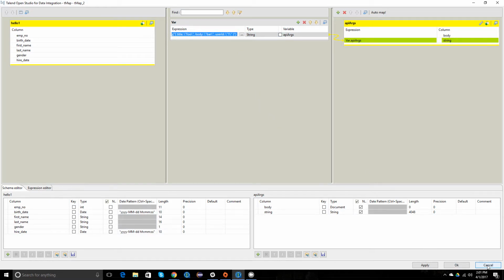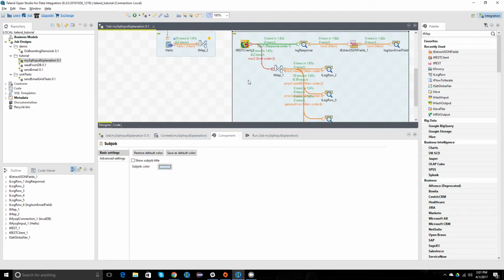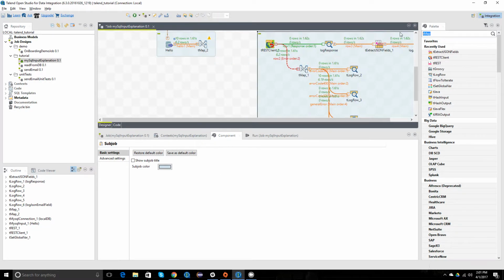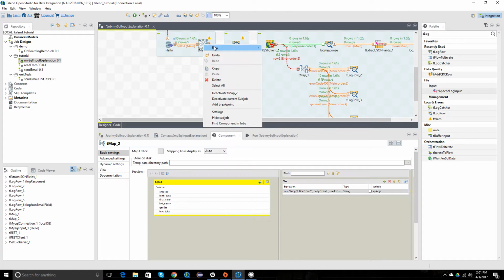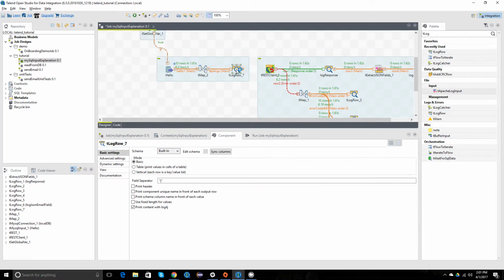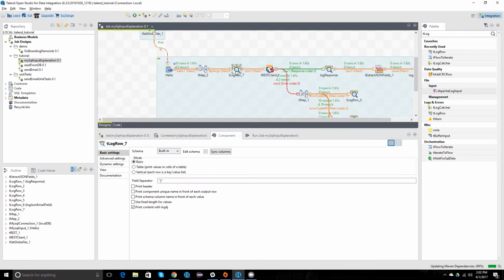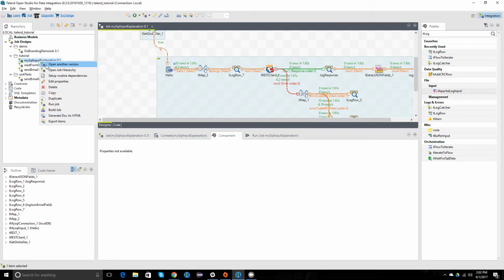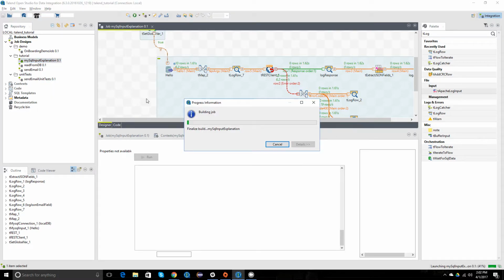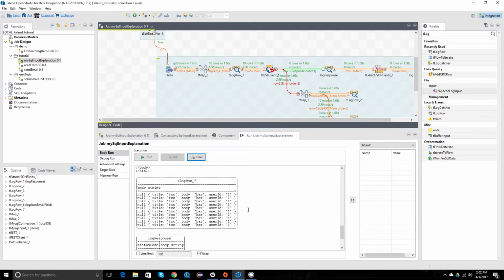creating this string here. So what we can do then to debug this is we can delete this, move this over slightly, get a tLog statement going, put that here. And then I'm going to go ahead and run this again. And then we'll go ahead and look at